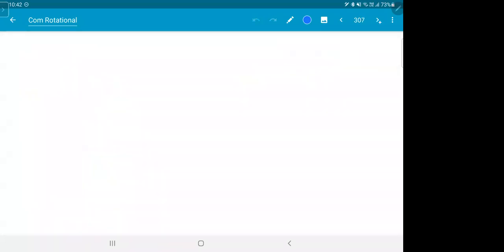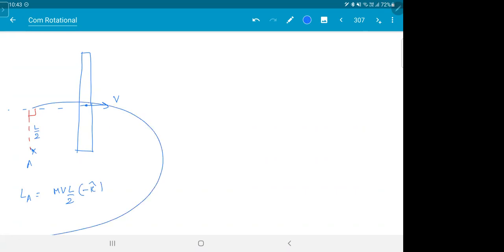Let's see. The center of mass is going like this. Extend the velocity vector, drop the perpendicular. See, the story is always same. So what is the angular momentum about it? MV L by 2. That's the perpendicular distance. Which way? Minus k cap. How do you know that? See the rotation. It is going clockwise. Plus I_CM omega. You're standing on the center of mass. Which way? That is also minus k cap. I_CM is how much? ML square by 12. But we have to just change that only.